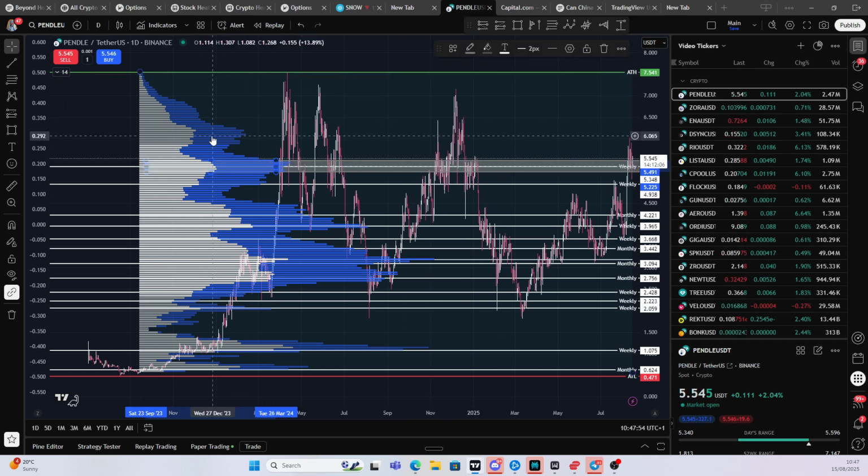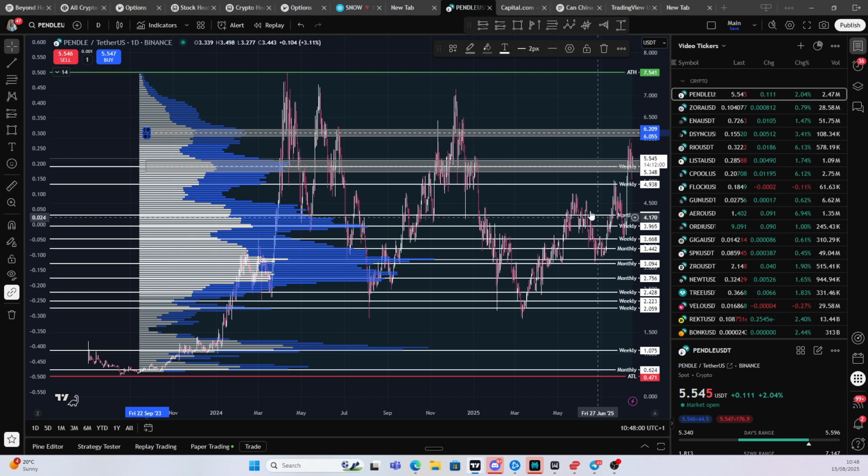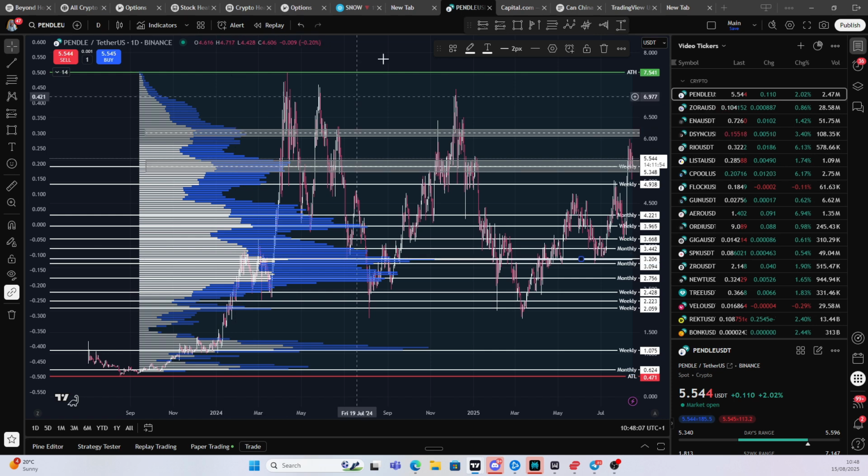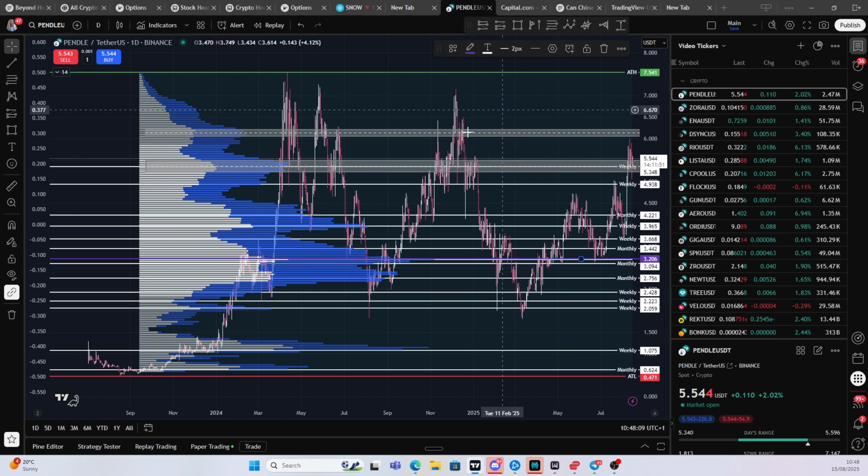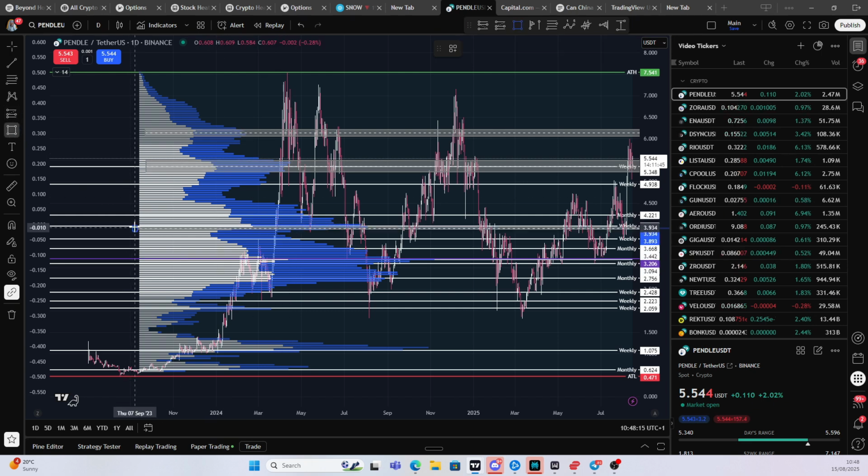So we can see we have that box there. I'm going to put a little box here, as that may be quite a good zone to take profits in. We've got a really strong volume line there, so I will make that purple. And again, look at the amount of volume that's around this weekly level. So if we get that,